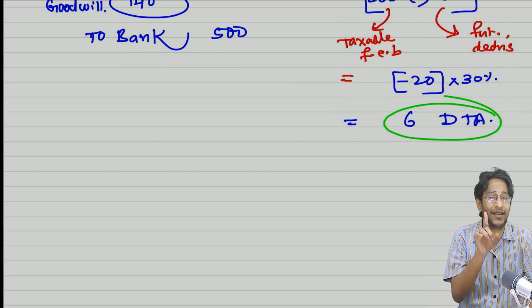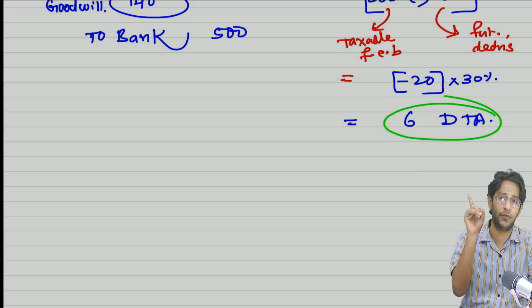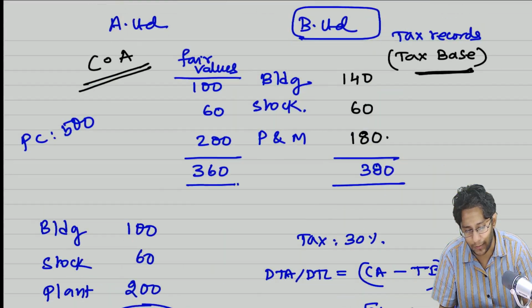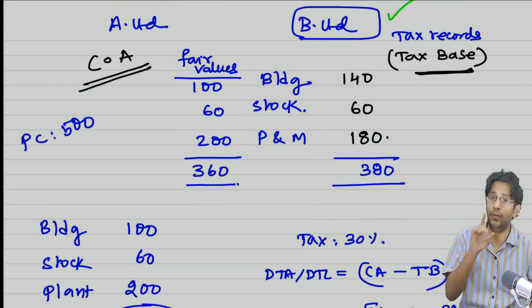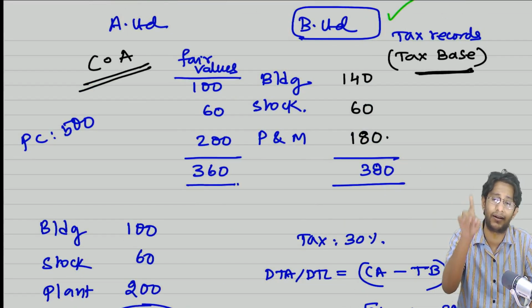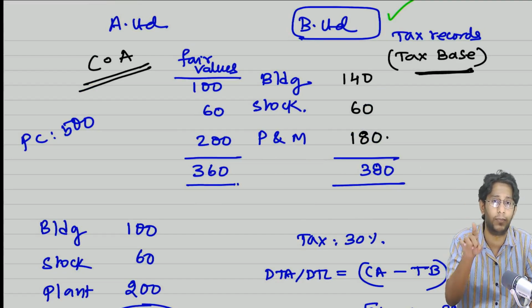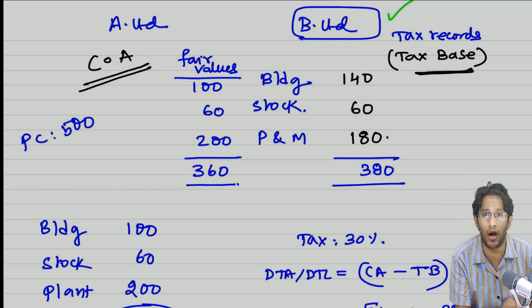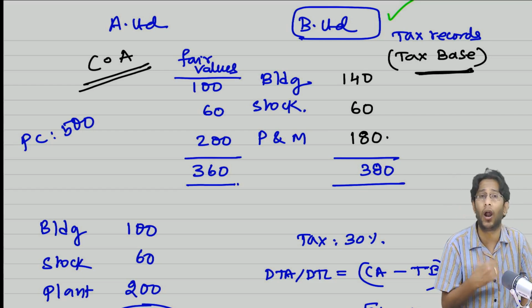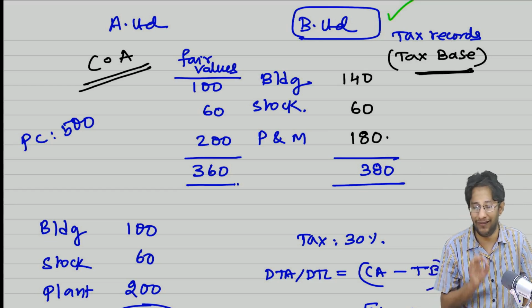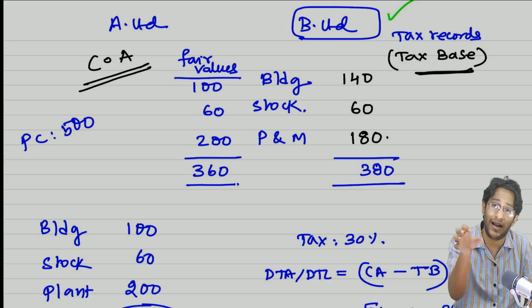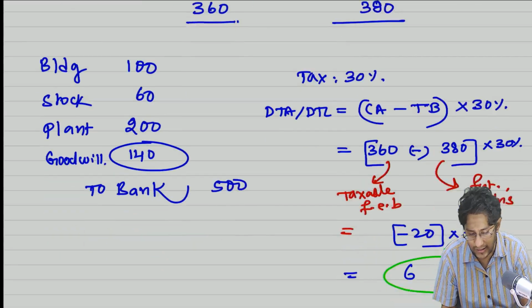In future, tax savings are coming means once upon a time we paid higher tax. Who paid that higher tax? B Limited paid higher tax. Therefore, B Limited will get less tax savings in future. But in future, B Limited will not be there because B Limited is now taken over by A Limited. So B Limited owners are not stupid to not know this. They will tell A Limited, in future you will get tax benefits, so pay us the extra amount also, and they will collect that money also as a part of this PC.